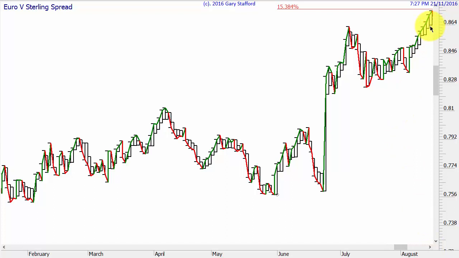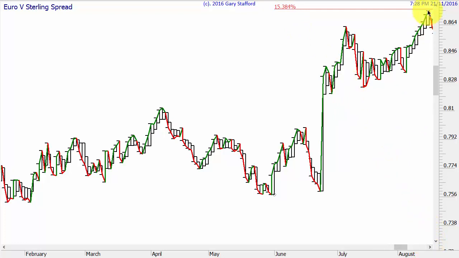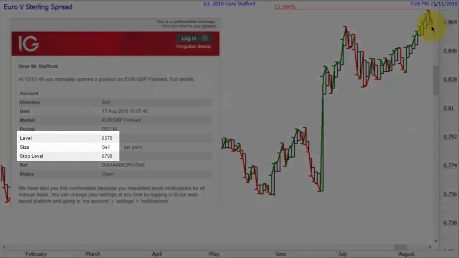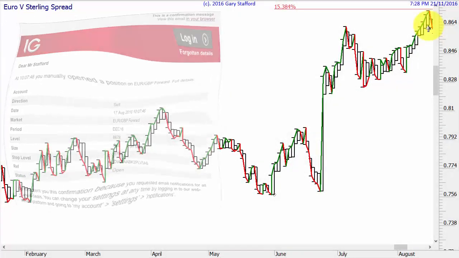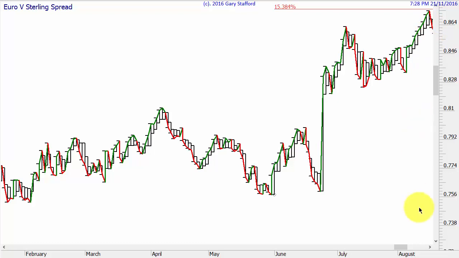So I'd still be in a long position, but I've now reached the level that I said a long time ago, at least 2 months ago, that I thought could be where the market might turn if it was ever to get there. And the next day it comes down, it's got to my level where I'm interested. I'd make sure my stop loss is above that level, and I got into the market somewhere around about here. And I've also been stop lossed out of a fictitious long position in the euro, so I can now go short.